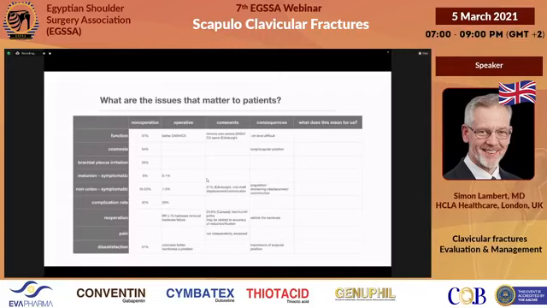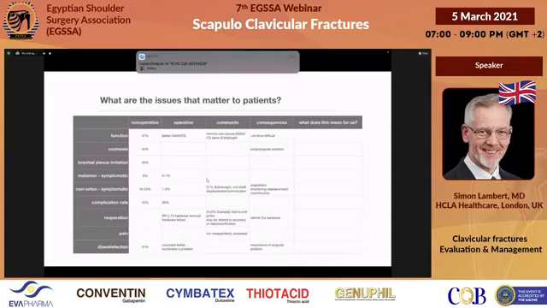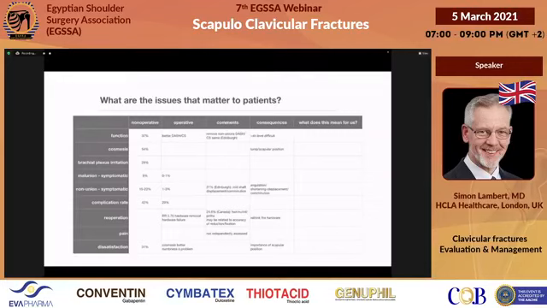But if you remove the factor of non-union from the non-operative group, then operative and non-operative treatment, according to Chris Robinson in Edinburgh, resulted in similar functional outcomes. I think that has now been challenged by our knowledge derived from randomized controlled trials, one of which was conducted by my colleague Philip Ahrens in North London, which has pretty clearly